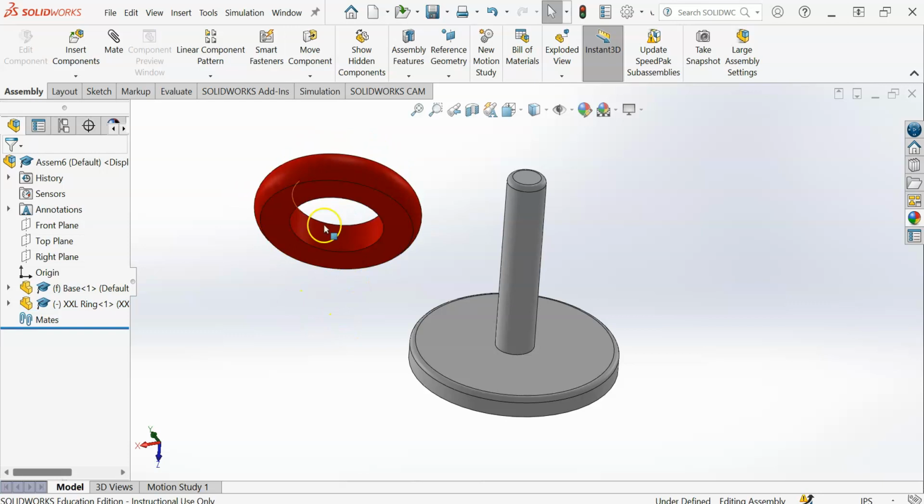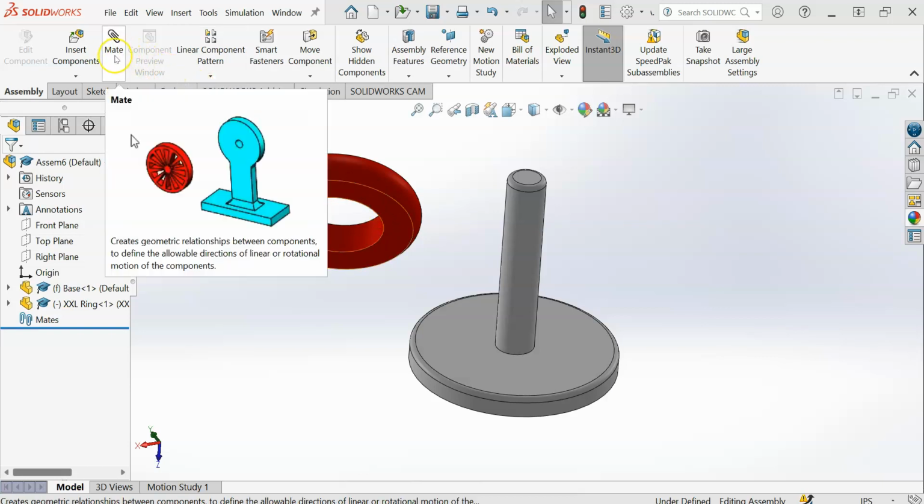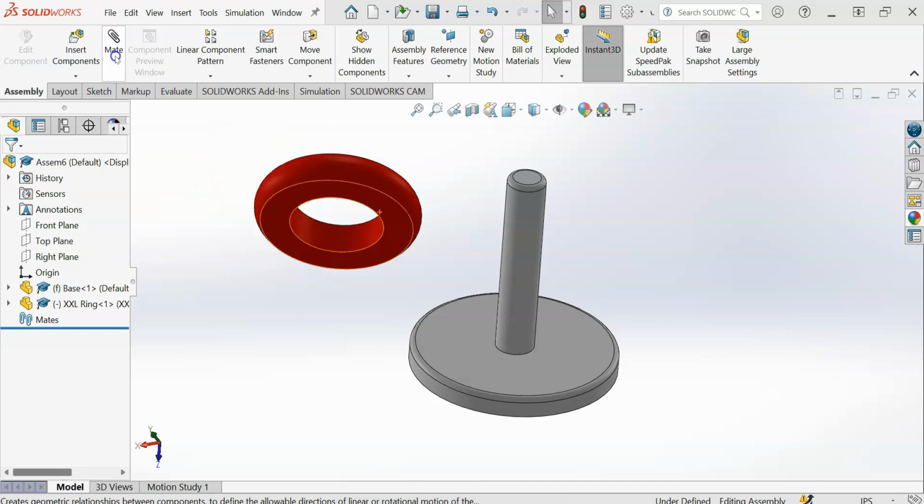Okay, so you can see that I have two parts inside this assembly. We have the base and we have this extra large ring. In order to constrain this ring in the correct position, or place it in the correct position and fully define that position, I can use what are called mates, and you can see that up here in the top left with the little paper clip. So if I click on that,